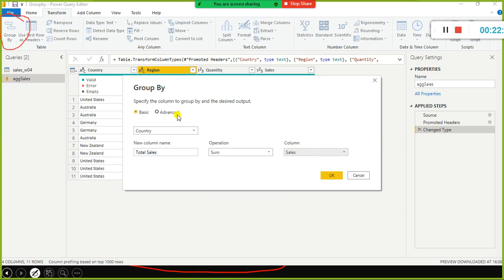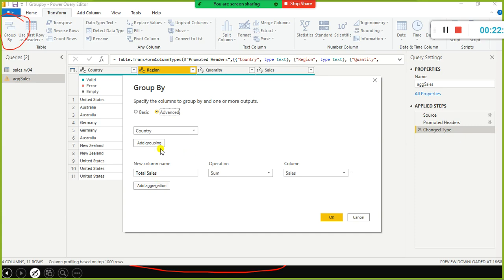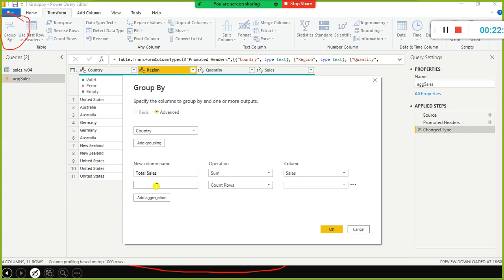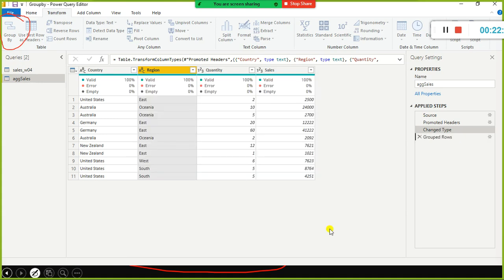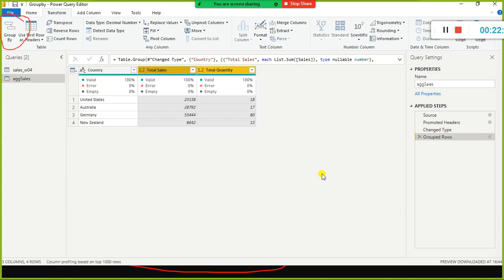But when I select advanced, you can add one more column, total quantity, sum, and quantity. So when I click OK, it shows you the consolidated values, the total sales and total quantity by country.